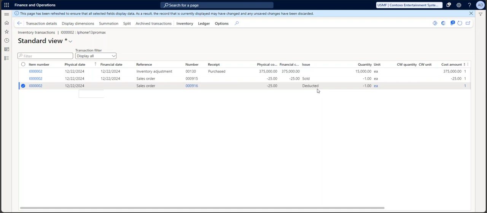Okay, deducted in the sense. Now once I post the invoice, the status will change to sold. Which means we have completely issued the stock 100% accurately, and we have issued the tax invoice. The physical cost is nothing but the physical inventory has been deducted, but the financial impact is not yet